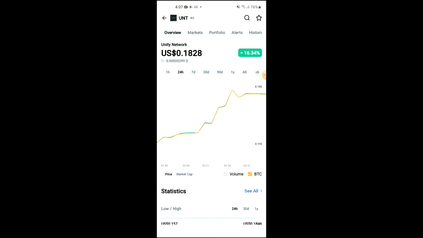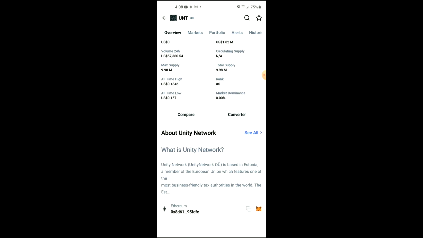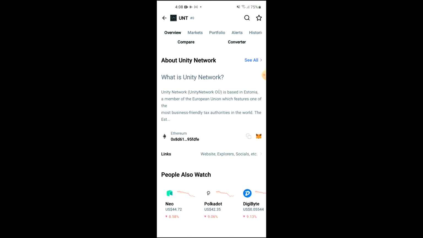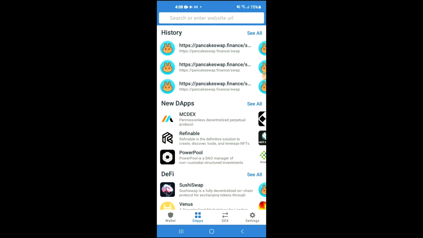After you have purchased the Ethereum, you're going to go into the Coin Market Cap app and search for Unity Network, and you'll be led to this page on which you'll be able to look at some analytics. Then you're going to scroll down, and right where you see Ethereum, you're going to tap on those two boxes. And once you have copied the address, you're going to go back into Trust Wallet, tap on the apps, then